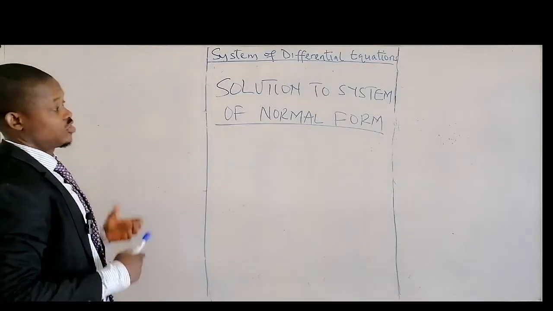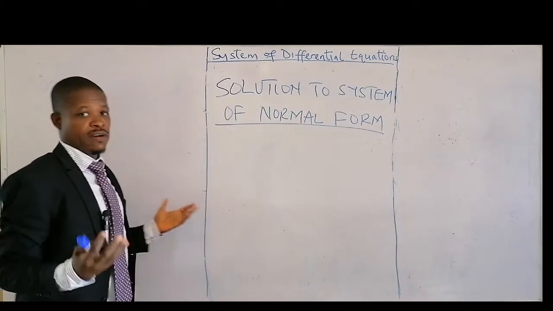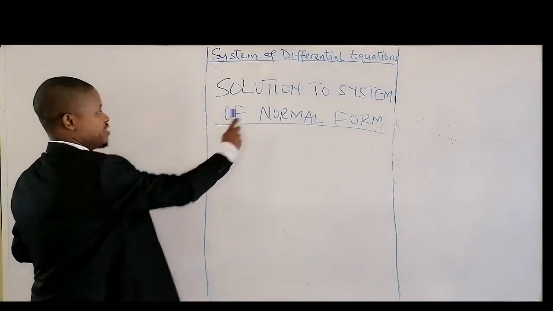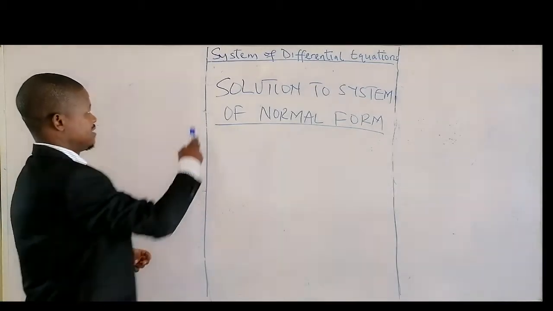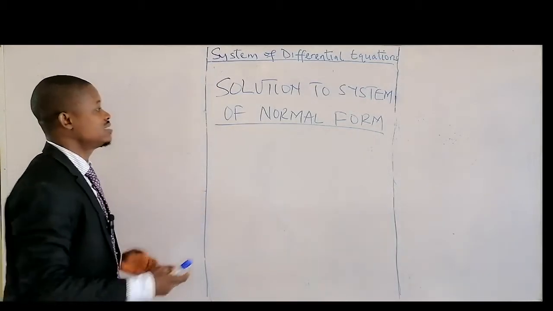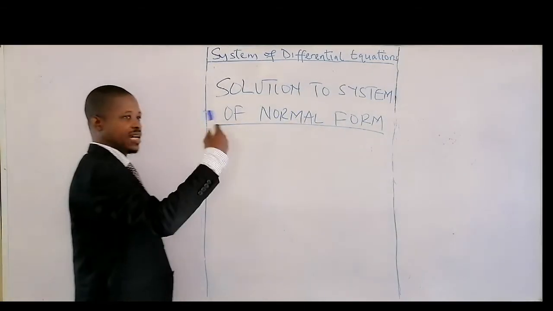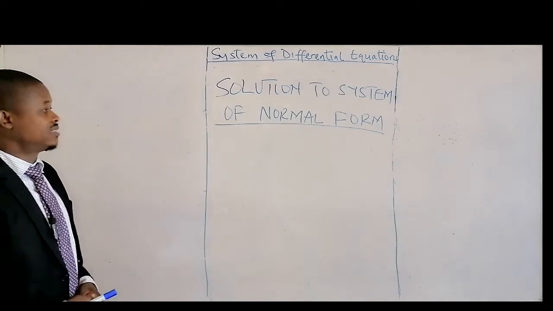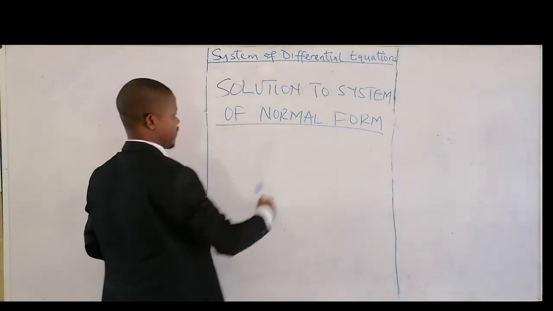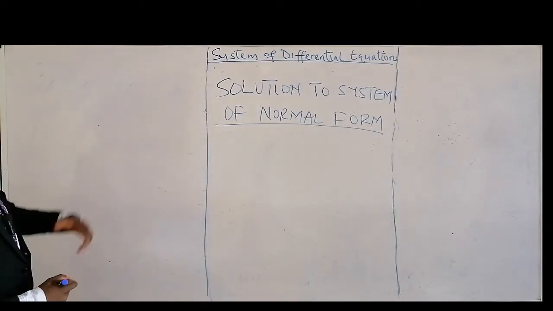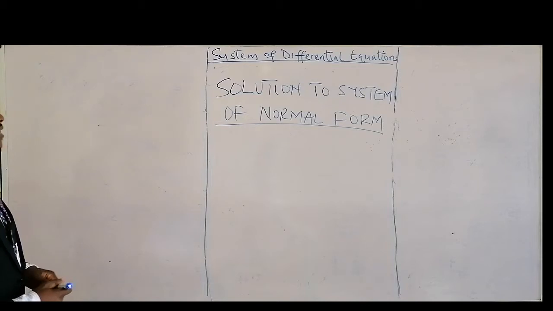We are looking at the solution to a system of normal form. In previous videos on systems of differential equations, I've explained how to convert an nth order differential equation to a normal form. Okay, so we want to see the solution to a system of normal form, and then let's start with